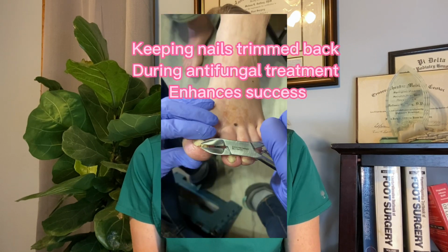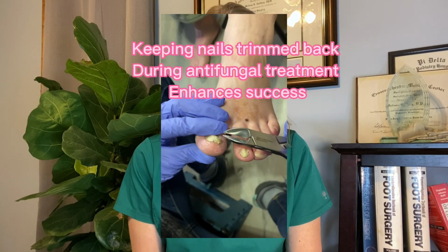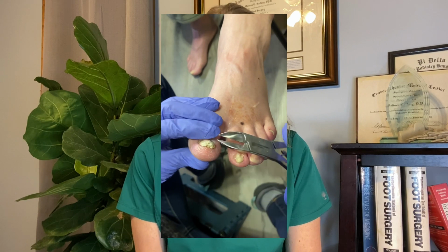And the other thing is you need to keep the nails kind of trimmed back. So keep all that loose stuff trimmed back. You don't want to get overaggressive. Just anything that's loose, just keep it cut back. Don't hurt yourself. Don't dig into the nail bed and cause another infection. Okay, and